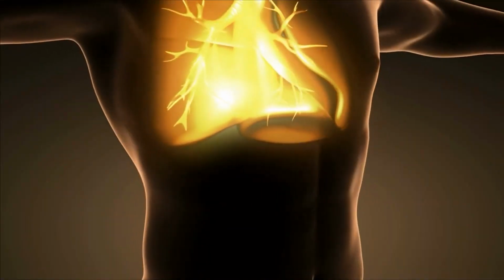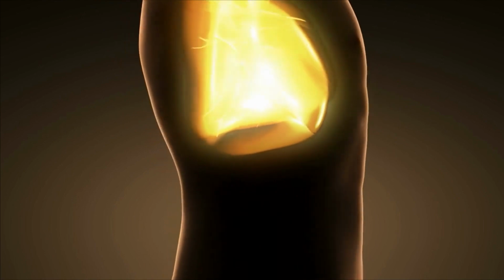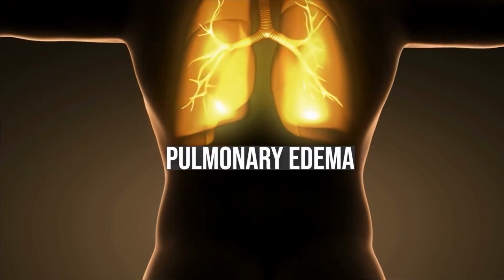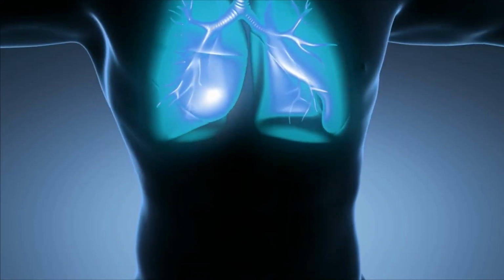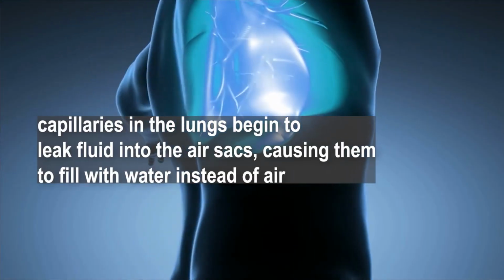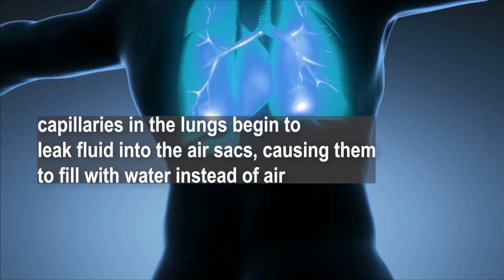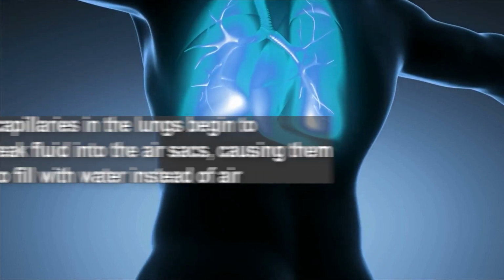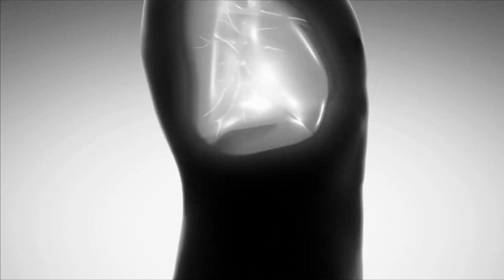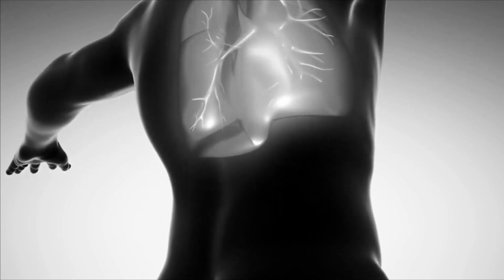During this phase, the body will start to sink to the bottom of the water, and the lungs will begin to fill with water, a process called pulmonary edema. Pulmonary edema happens when the capillaries in the lungs begin to leak fluid into the air sacs, causing them to fill with water instead of air. This can lead to a decreased ability to exchange oxygen and carbon dioxide in the lungs, which can further exacerbate